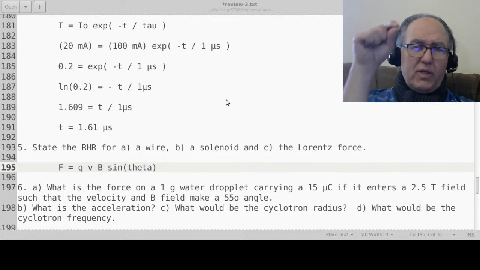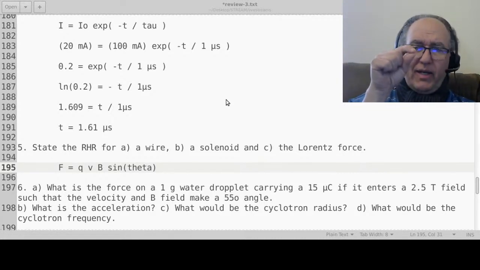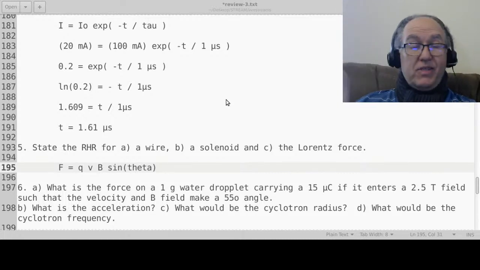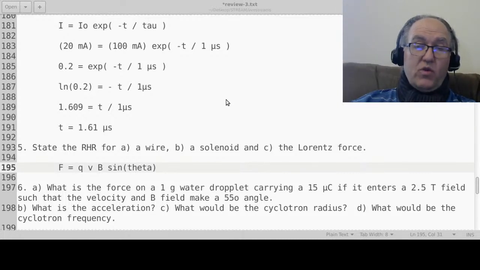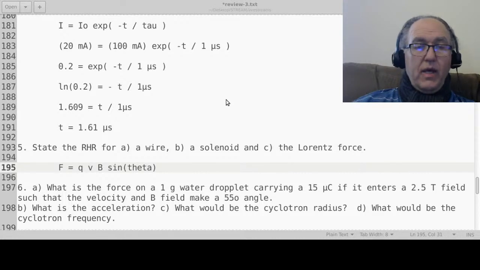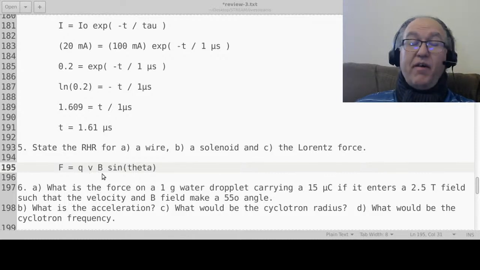So, if you've got a charged particle and it's just sitting there not moving in a magnetic field, the magnetic field is everywhere, but this charged particle is not moving. It doesn't know it's in a magnetic field. It doesn't feel any force at all. As soon as the charged particle starts to move through the magnetic field, it goes, oh, there's a force on me. Okay, and the way this one works is you have a velocity vector, v, and you have a field